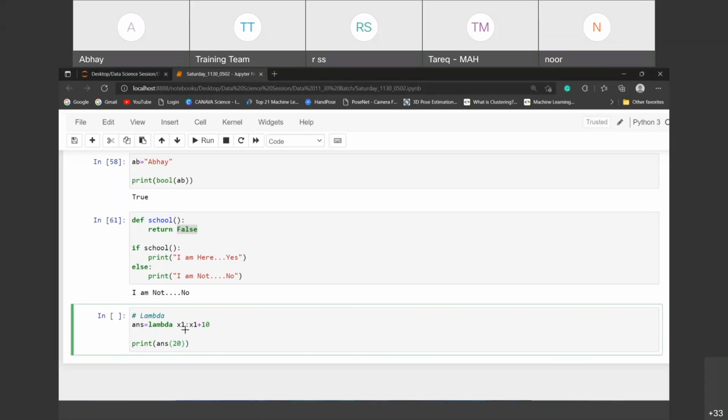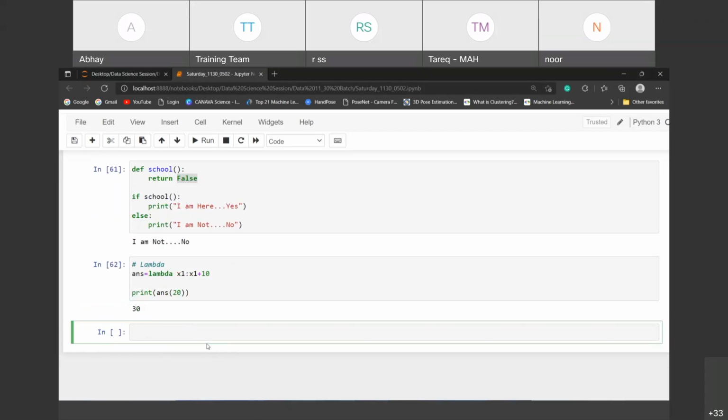The ans takes 20, which goes into the lambda function: 20 plus 10 is 30. Suppose this lambda is a kind of mathematical equation whose name is ans. Whenever I call that ans throughout the program, it will give you the lambda expression. It needs only one variable for this program.